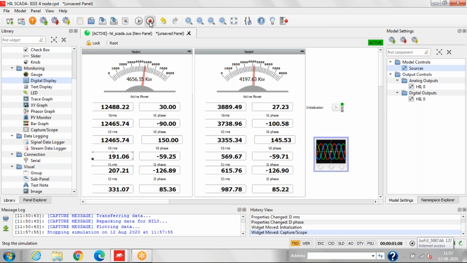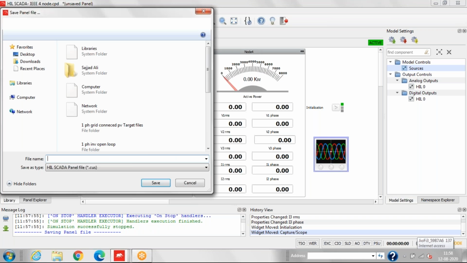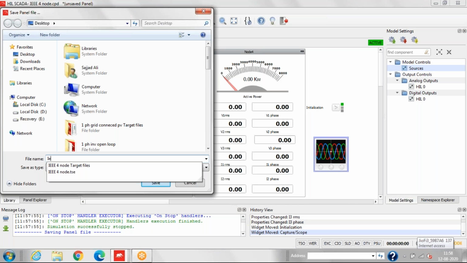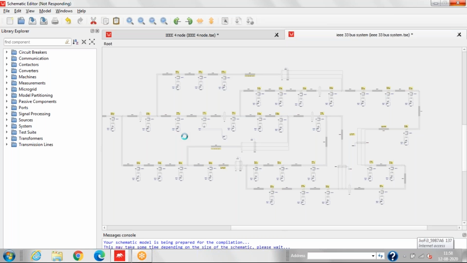First, let me close this. Not starting this in compilation.